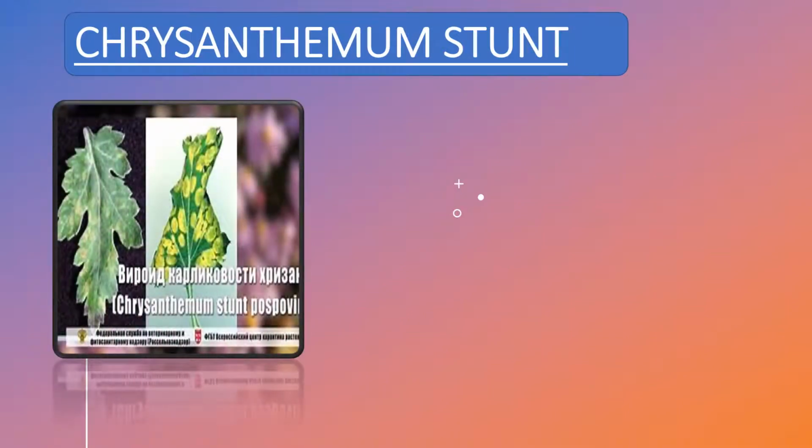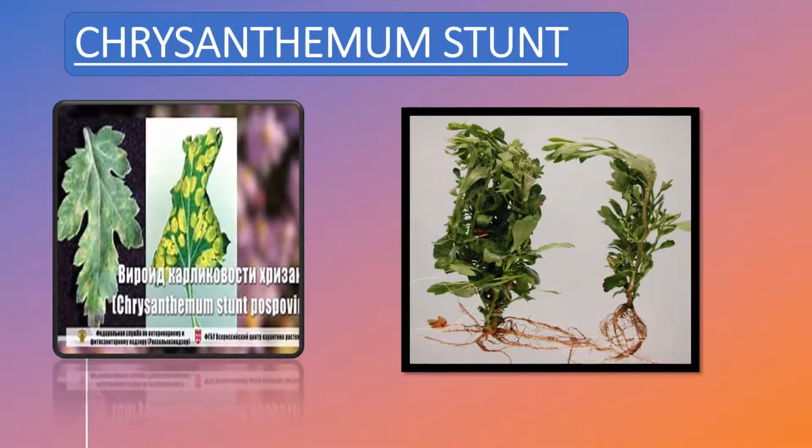The second most important disease of chrysanthemum is chrysanthemum stunt, caused by a viroid. The symptoms of this disease include the following: axillary buds grow prematurely and produce a number of branches and stolons, and the plants are said to have a stunted appearance. Smaller plants with paler flowers.